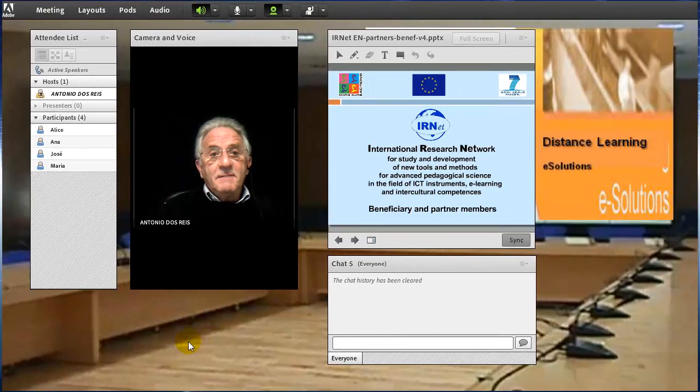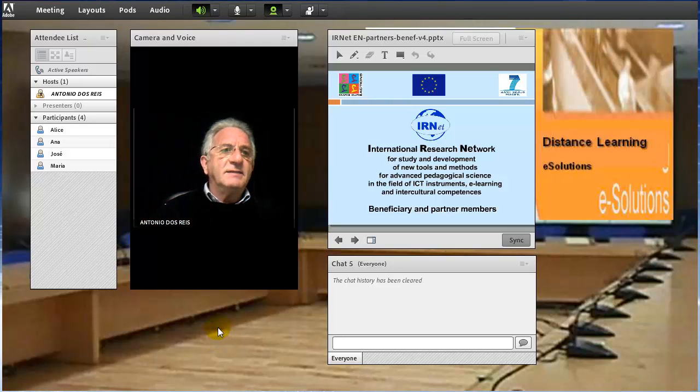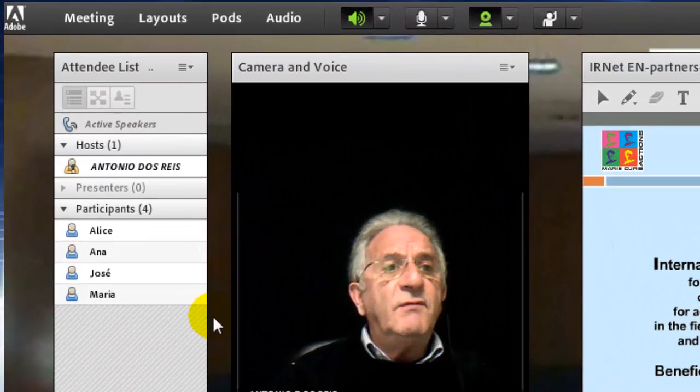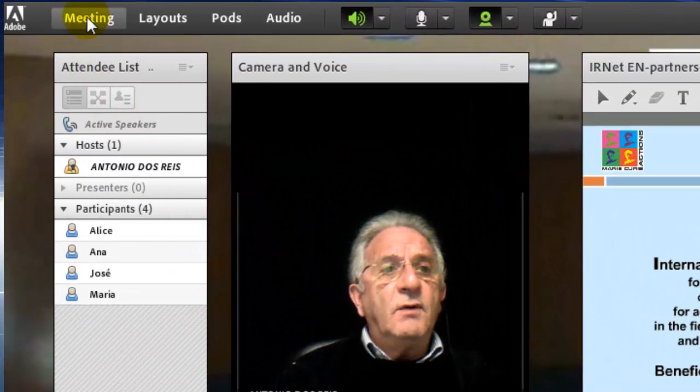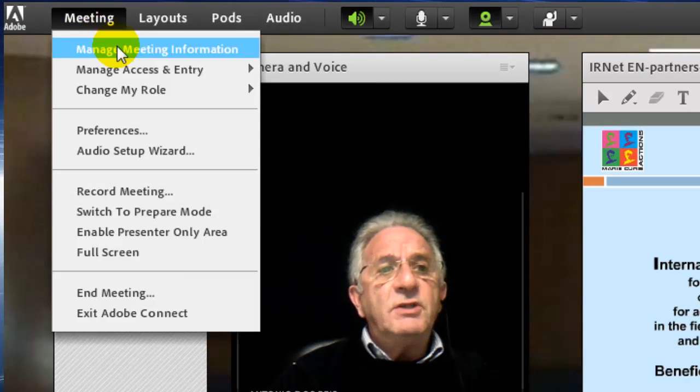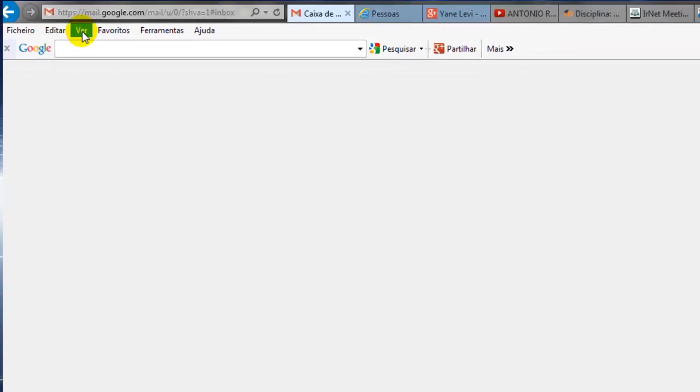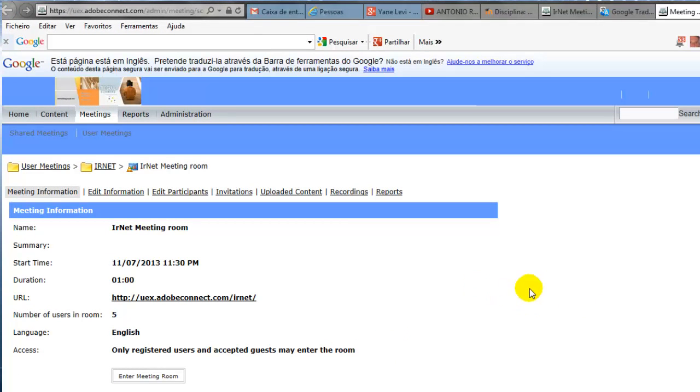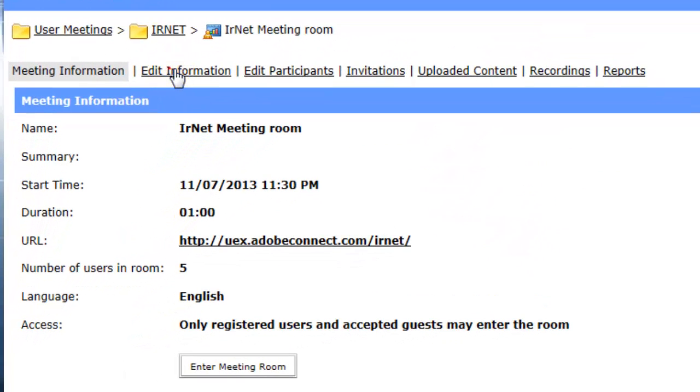Let us find, step by step, how to make the session settings. First of all, we would like to define the access to the room, and access to the room can be defined this way. Go to meetings, manage meetings, and now we are in the room definition, and we go to edit